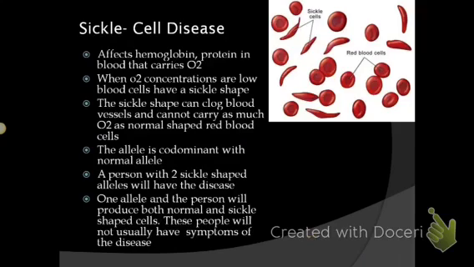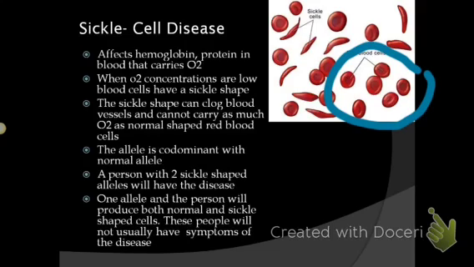Hemoglobin is in your red blood cells, and it's what oxygen attaches to so that your blood cells can bring oxygen to the rest of your body. So what happens in sickle cell anemia is that instead of your regular red blood cells being nice and round like these are here, they end up having these sickle shapes,